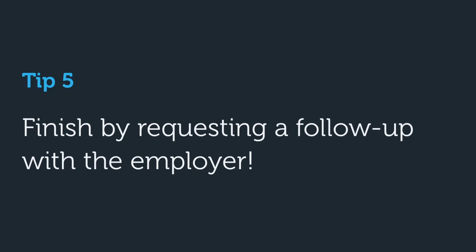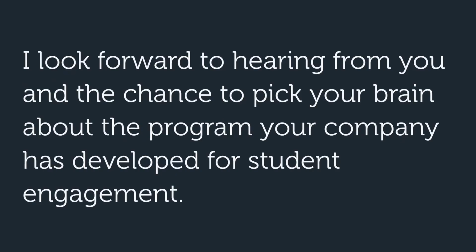Tip number 5. Finish by requesting a follow-up with the employer. Let's look at paragraph 3 one more time. This final sentence was actually a sneaky or clever way to let the employer know that I am confident that they will contact me for an interview,